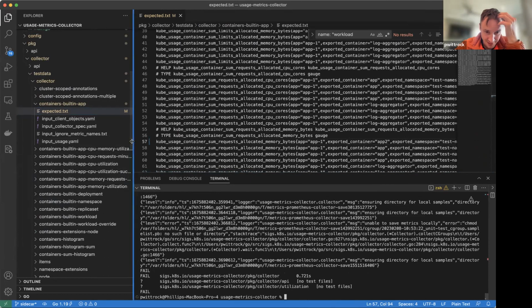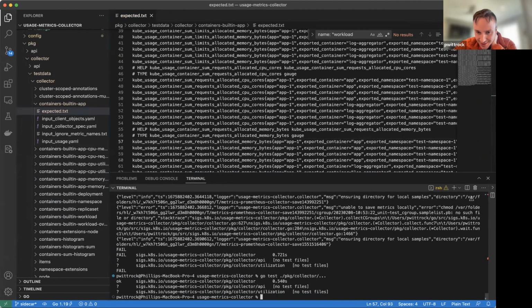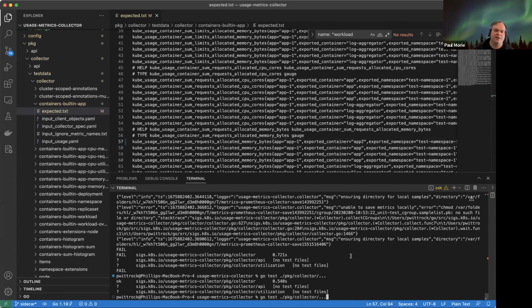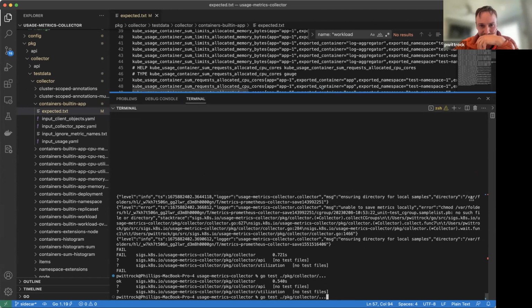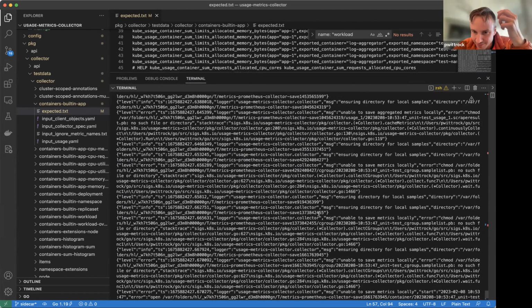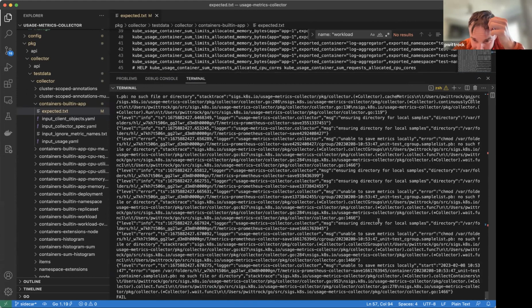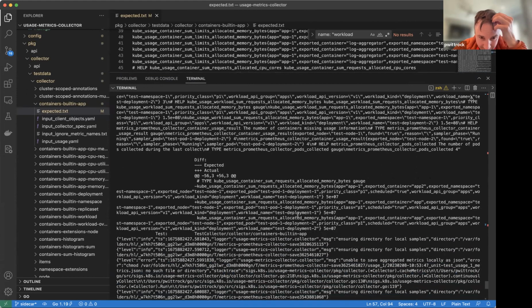I love doing a live demo, something I've never practiced before. So let's see if the test actually is working or if it's broken, something else. Okay, so it works there, right? And so then, you could imagine I changed the code in a way that doesn't match the test file. We need a little bit more terminal, I think. More terminal. More cowbell, right? And so maybe this isn't great, I don't know. I don't love this. Unable to save. This is not what I expected. Oh, here it is. Right. So then you can see,